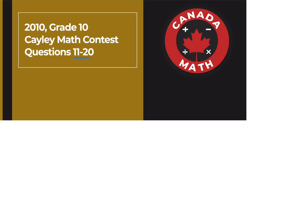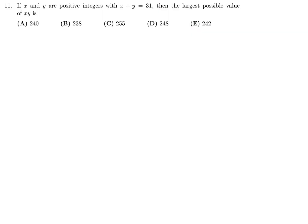Questions 11 through 20 on the 2010 Grade 10 Cayley Math Contest. If x and y are positive integers with x plus y equal to 31, then the largest possible value of xy is